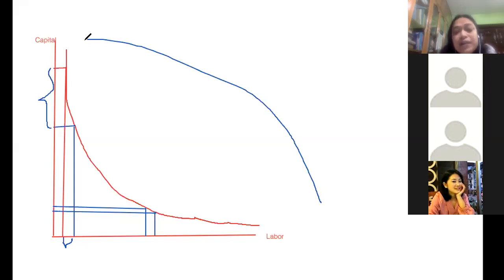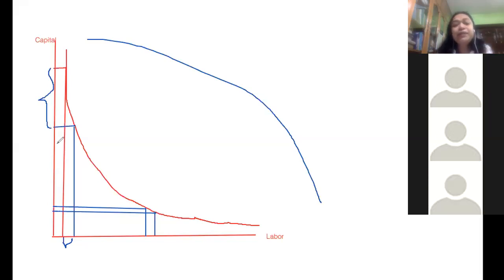But these concave ones are out of the question, because they reflect that when you have so little of something, you are more willing to sacrifice more of it. It doesn't make sense, but this makes more sense, right? When you have so much of something, for a little gain in capital, you're willing to sacrifice a lot of capital. But when you have so little capital, for the same gain in labor, you are not willing to sacrifice at the same rate as before, right? So this is basically the reason that your isoquant is going to be convex to the origin.